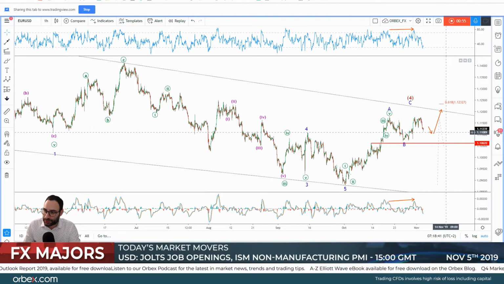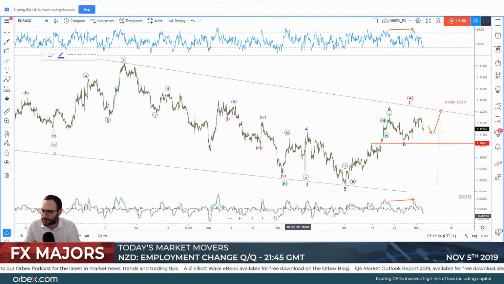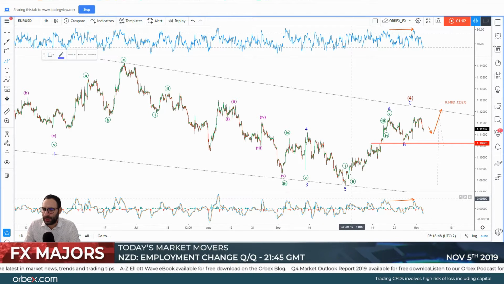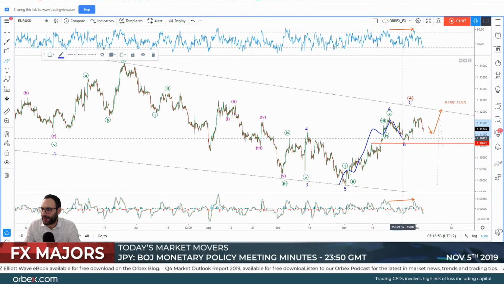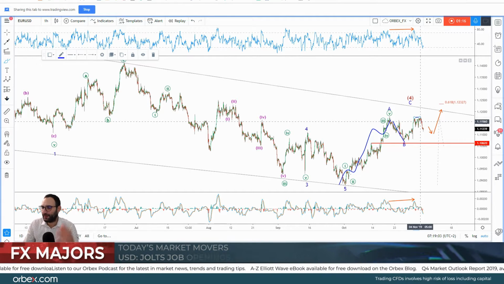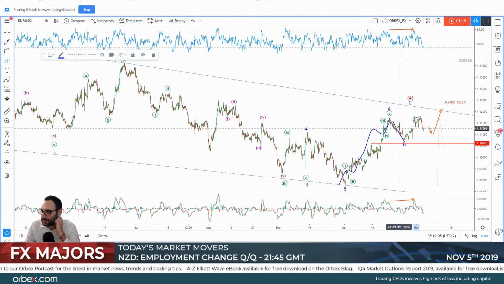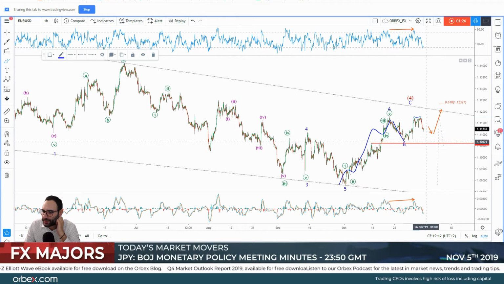On euro dollar today, on the 1 hour chart, I still keep the same outlook. We're moving here with an ABC. We ended A, we ended B. It looks like C could turn, could be that it's not like a flat pattern or anything. It's just that this double top now brings in the scenario of this becoming a more complex correction to the upside, right?